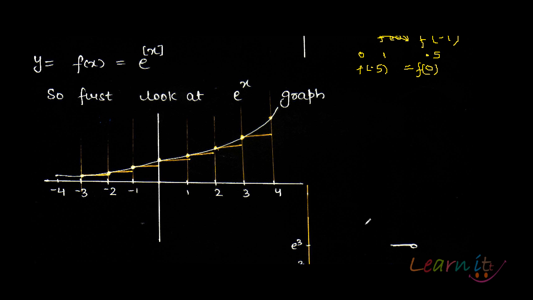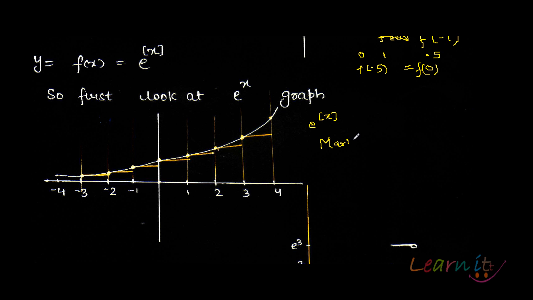Now let us look at the e function. Let us look at, say, y equals e to the power greatest integer function x. Now we all know what the graph of e to the power x looks like, right? It looks like this. So what will the graph of e to the power greatest integer function x look like? Using the same criteria,